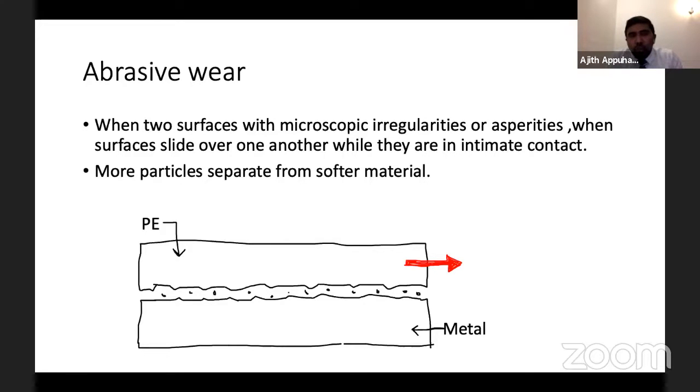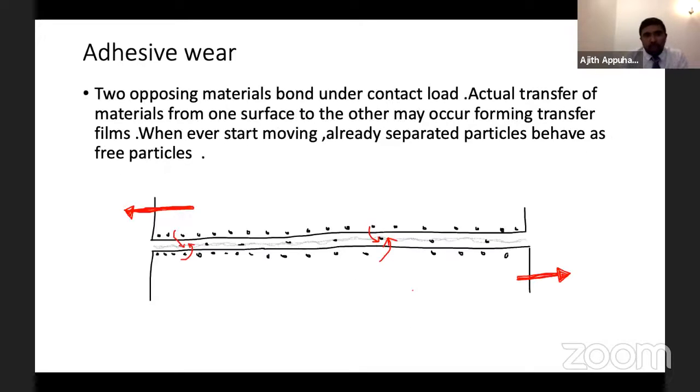This is a quite common method of wear production in our total knee replacement and total hip replacement, that is abrasive wear. In this diagram I have shown polyethylene material above and metal below. You can see the articular surface. I have marked some asperities, and because one articular surface slides over the other, because of friction, they develop particles. When you go to adhesive wear, when the 2 articular surfaces oppose each other under contact load,